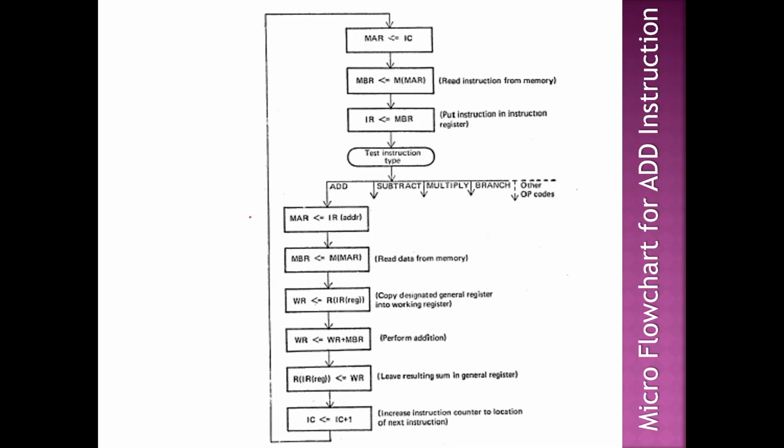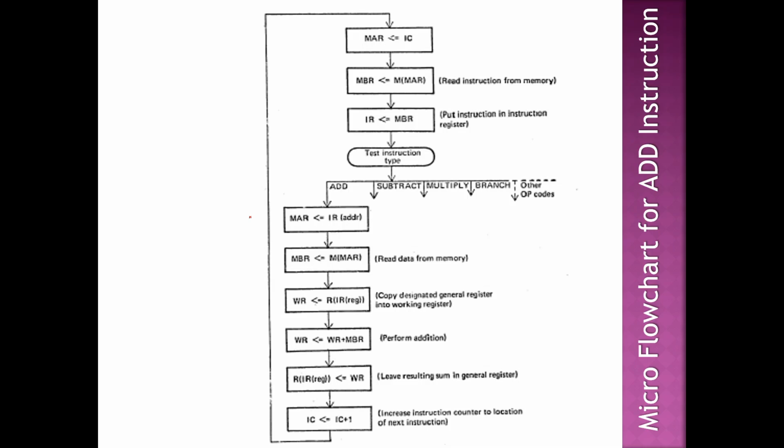What is the next step? Next we are going to make use of these working registers. Is there a register in my instruction? IR is the instruction register. In that, do I have a register, is what I'm checking. Yes, the example says add 2 comma 176. 2 is the register I'm going to use. So the contents of register 2 is nothing but your second number which you are going to add. So what are you doing in the next step? Working register is equal to register 2. The value present in register 2, your second number, is now stored in your working register for temporary use.